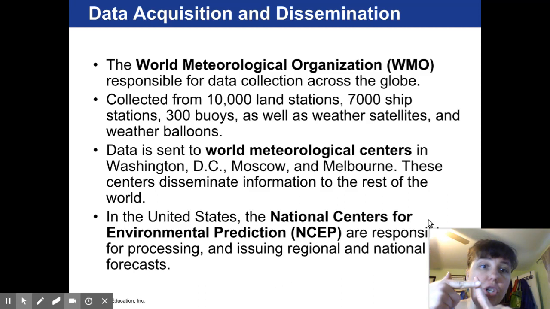And there's also ship stations. And then there's buoys out in the ocean that tell this information. And then there's also our international weather satellites. And we still launch weather balloons, but it's becoming less and less common. We don't do it as often as we used to. And there are certain